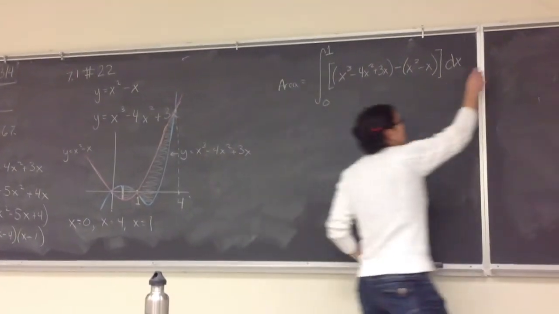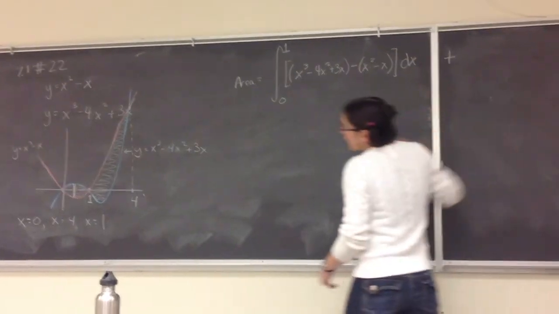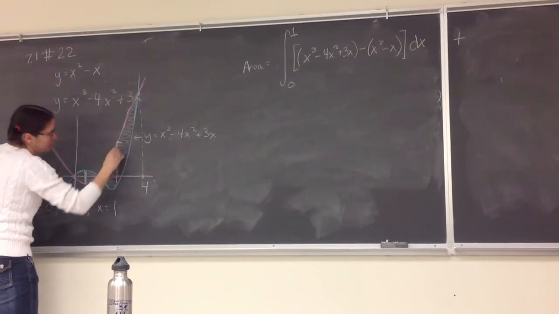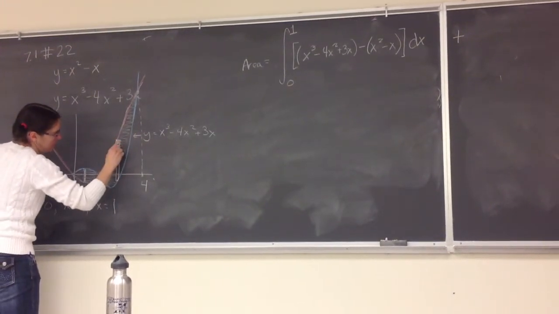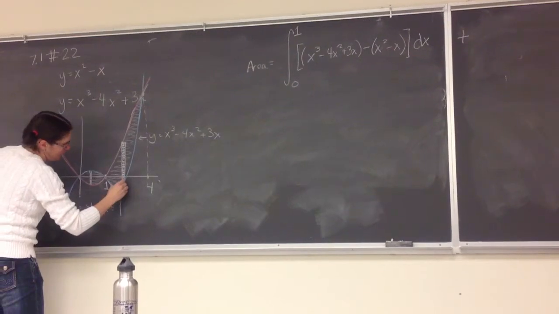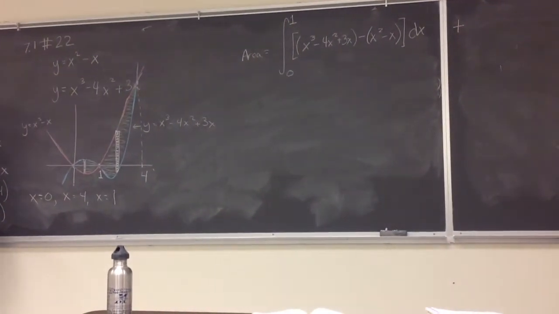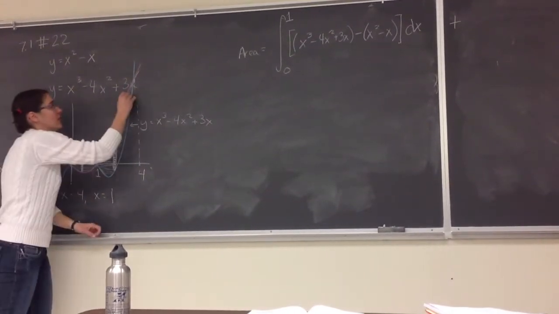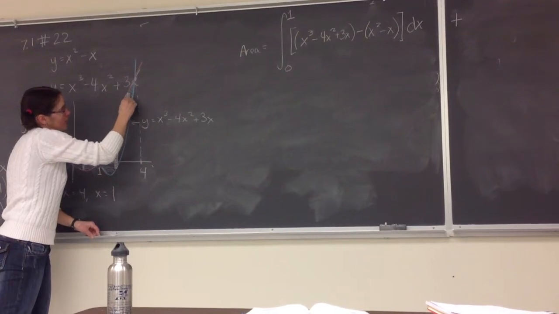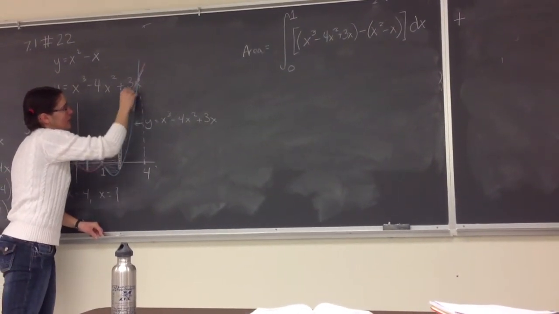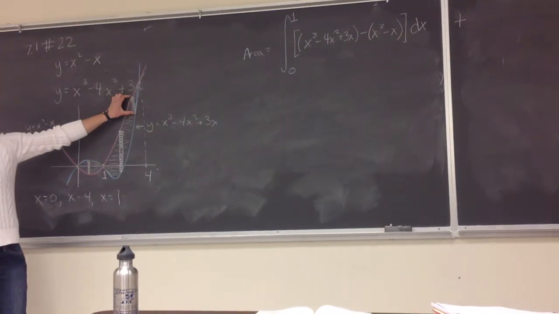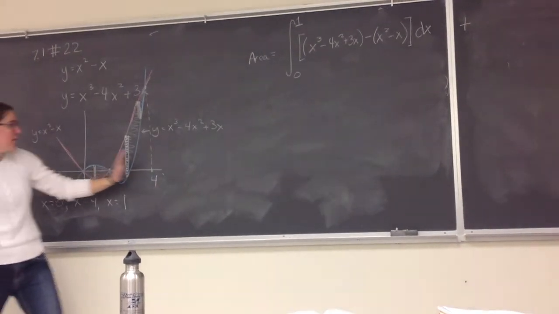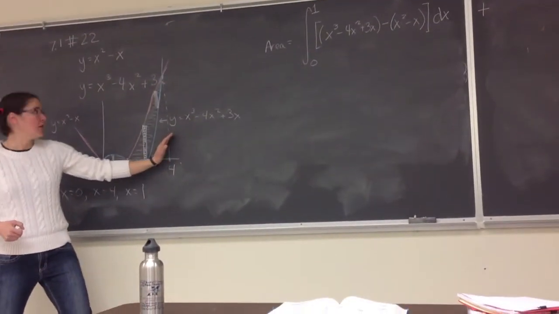Okay, so now to continue on, our second integral is going to be top minus bottom in our new picture in the second region here. If I draw a standard rectangle somewhere in the middle, and I imagine sliding it to the left and to the right, even if I draw the little rectangle up here, my rectangle is supposed to be parallel to the y-axis. Even up here, the top is on the pink and the bottom is on the red. Okay, so anywhere in this region, from 1 all the way over to 4, we're looking at